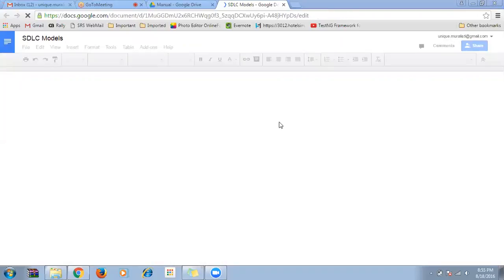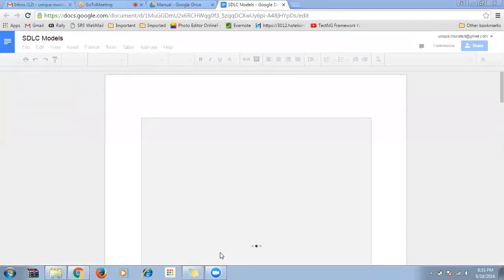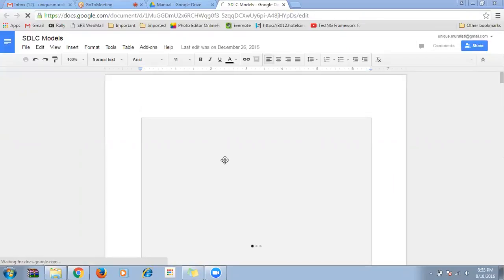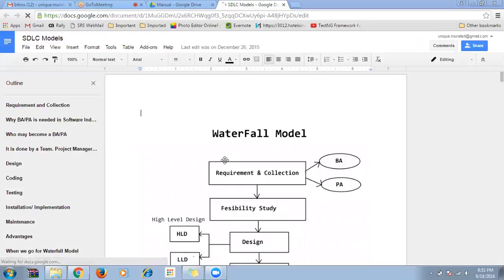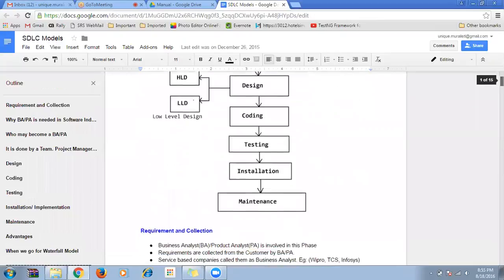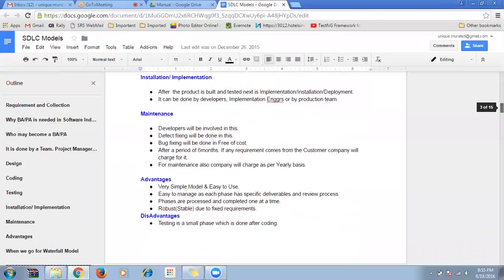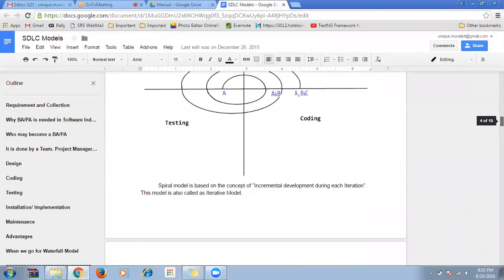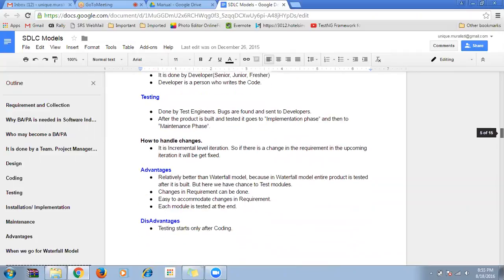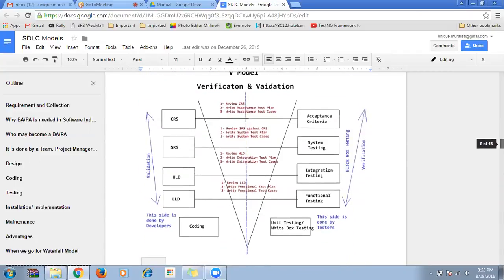For example, first I'm going to talk to you about how software is developed, and what the process is that takes place over the entire cycle of developing software. In that, there are different kinds of models. When I explain the models, I will have clear screenshots for you showing what we are going to do at each and every stage. Everything will be explained at a diagrammatic level, and everything will be documented for you.